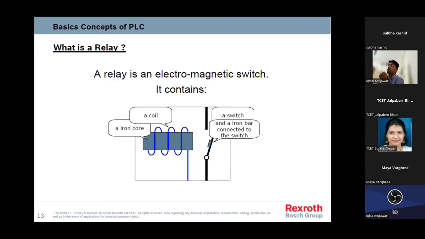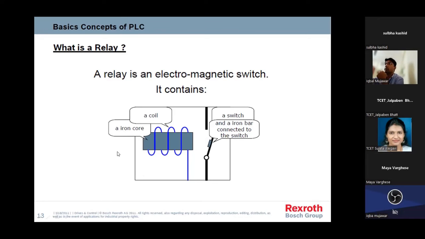But there I need to press it physically. Suppose I want to control with the help of some kind of signal, a 5-volt signal. Then I need to use some electronic devices. Here the relay switch is very beneficial for us, by which we can, with a small supply, say a 5-volt or 10-volt supply, control a 230-volt circuit, a fan or anything on AC supply. So the relay switch is very important.